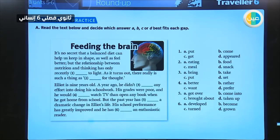Feeding the brain. It is no secret that a balanced diet can help us keep in shape as well as feel better. But the relationship between nutrition and thinking has only recently come to light. As it turns out, there really is such a thing as food for thought. Elliot is 9 years old. A year ago, he didn't put any effort into doing his school work. His grades were poor,